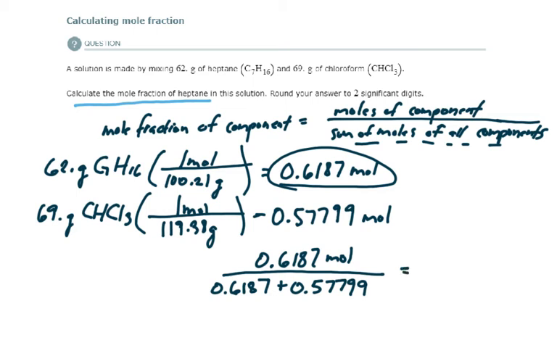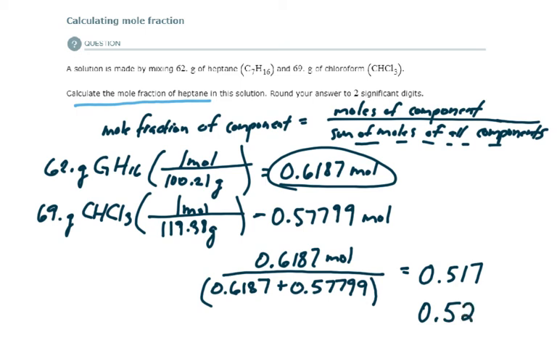And what I get when I take this number and divide it by these two numbers added together, so you have to make sure if you try to put this into your calculator, you need to place this within parentheses to separate this function from the division. So if you want to put it all in at once, you need to put in your calculator this number divided by open parentheses, this plus this, close parentheses. And so what we get is 0.517. We're going to round that to 2 significant digits,